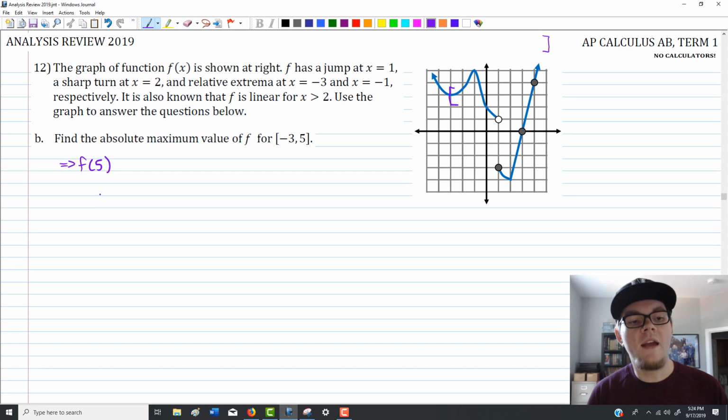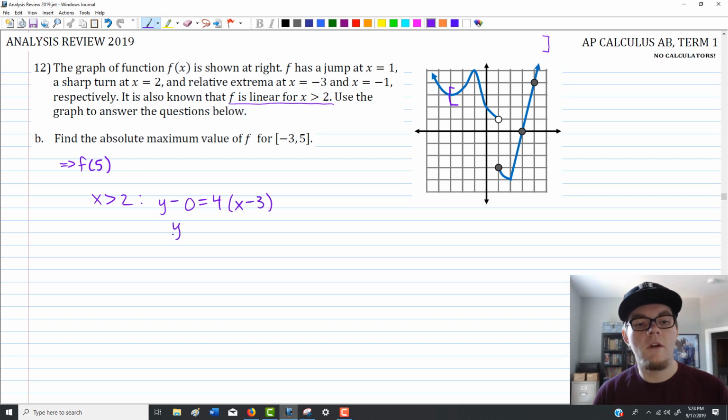So to get there, we need to figure out what f of x is in that region. For x greater than 2, we said that f was linear. As far as our pieces there, we can write the equation. I'll use this point as my x1, y1. It'll be y minus 0 equals, now for our slope, we're going up 1, 2, 3, 4 over 1, so y minus 0 equals 4 times (x minus 3). That means our equation is y equals 4x minus 12. And from there, we want to figure out f of 5. So f of 5 is going to be 4 times 5 minus 12, which is 20 minus 12, which is